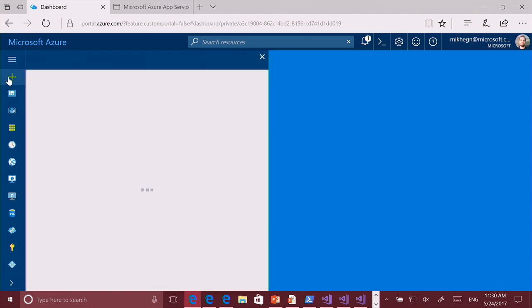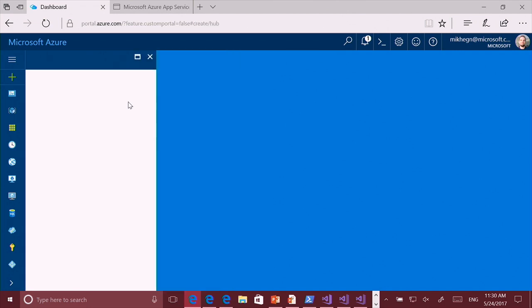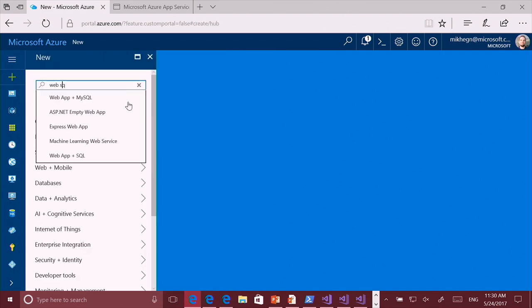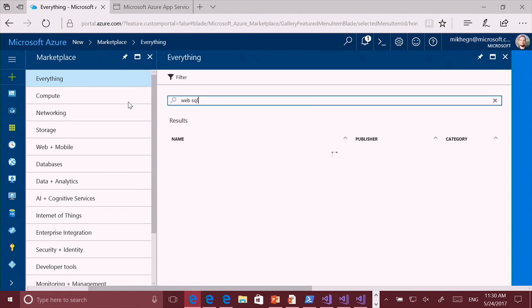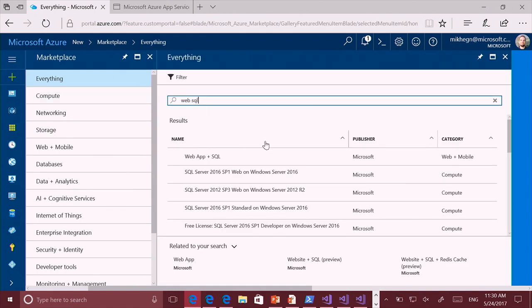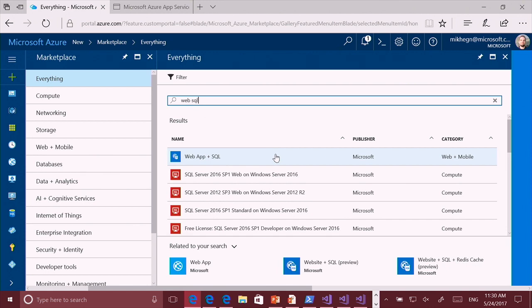There's an easy way to create this in Azure. And if I go and search for Web SQL to create a new service in Azure, I get these templates for setting up Azure resources for me. And there's actually one called Web App and SQL, which I used to create the resource group I just showed you. So using this template to create my resources in Azure, I'm ready to go ahead and deploy